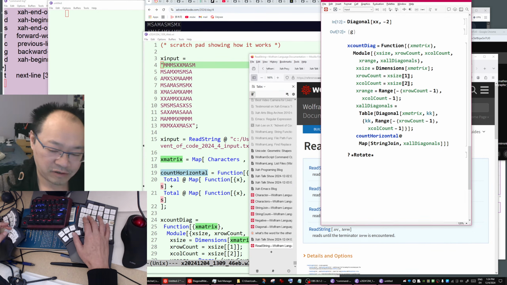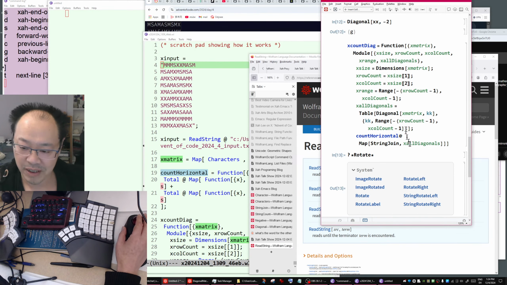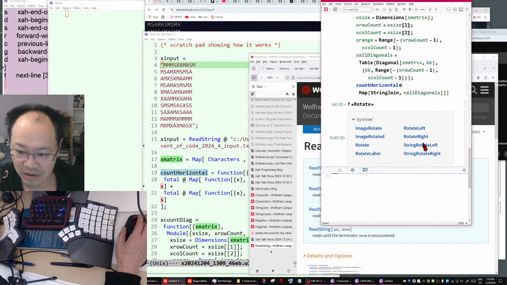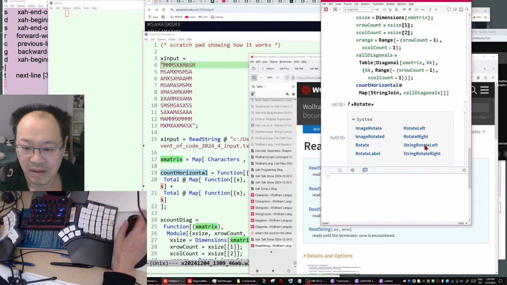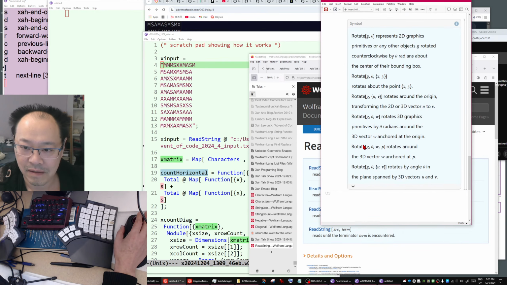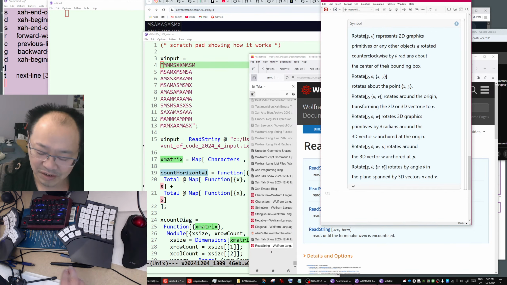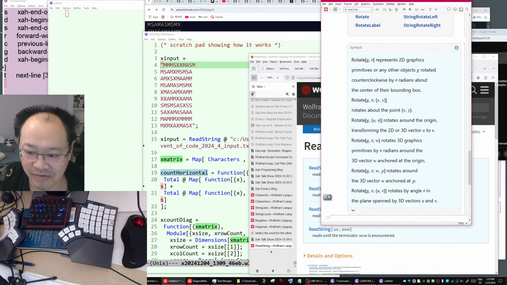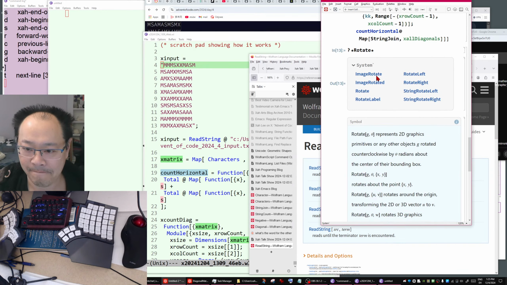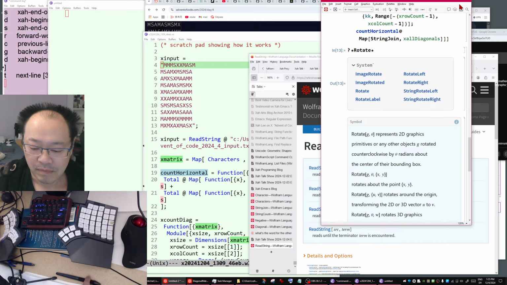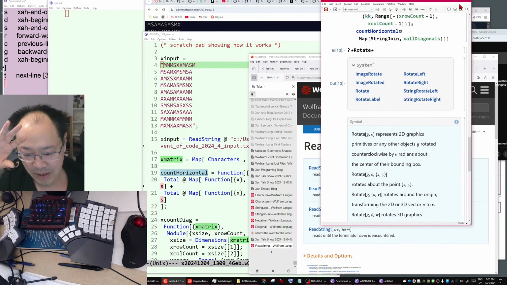Okay. Shift enter. Image rotate. Rotate left, rotate right, string rotate left. What does that mean? String rotate left. Okay, rotate represents a 2D graphics primitive. Okay, that's about graphics, which is fantastic. Wait, how is it different from transpose?